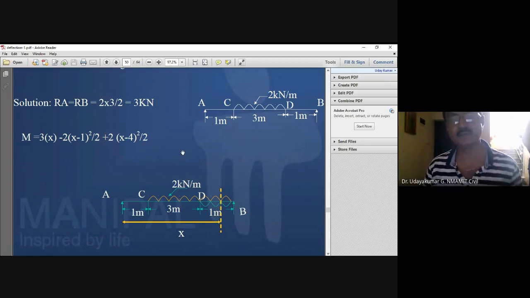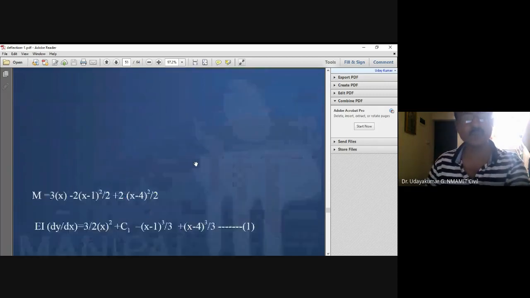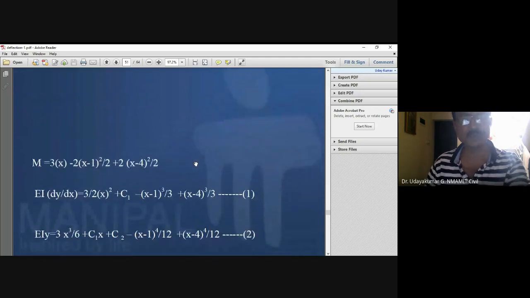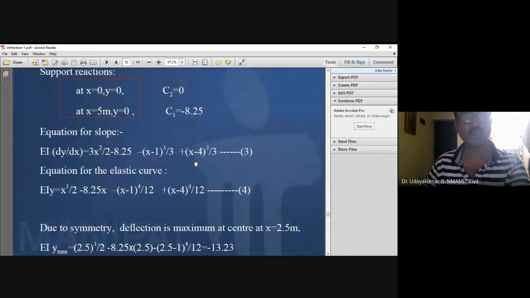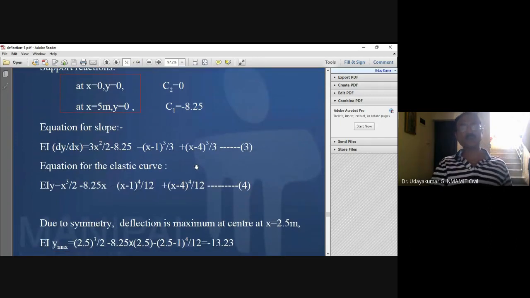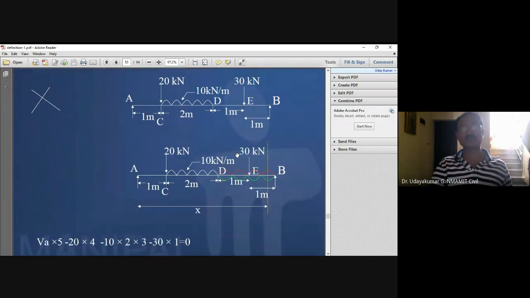Generally, the problem should be simple, like subjected to only UDL throughout, or a point load at the free end or at the center, and so on. Or you may be asked to find the maximum deflection or slope. So equations are important, or you may be asked to write down the Macaulay's method for just two-point loads, or a discontinuous load. So you should be fast enough to work out.